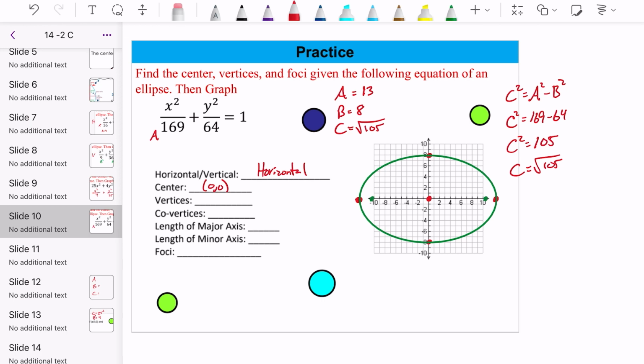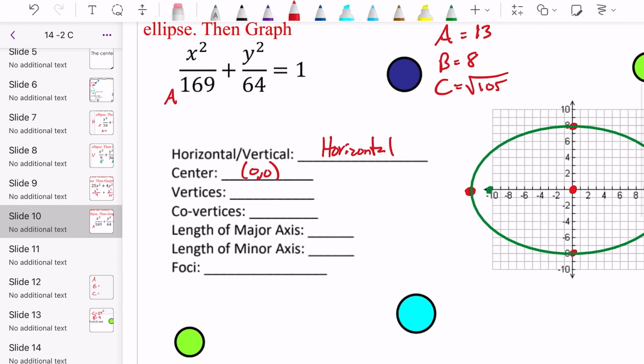So let's take a look at the points of our vertices. Our vertices is the long axis, which means that we are looking at 13, 0 and negative 13, 0. Co-vertices would be 0, negative 8,